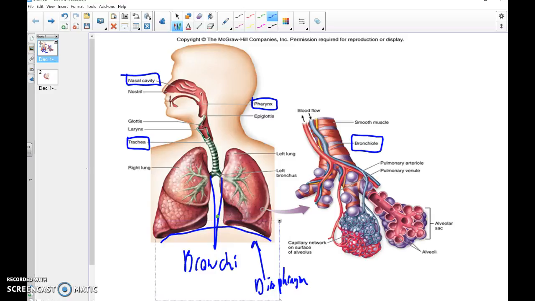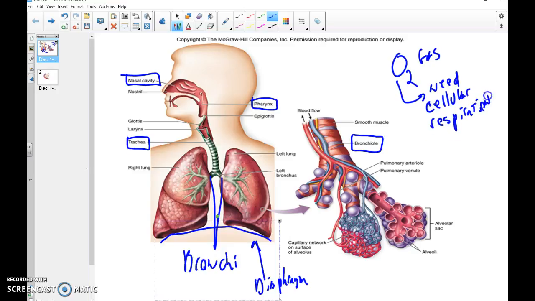Basically, it's just all about getting oxygen gas into your body because you need this for what's known as cellular respiration. When you combine oxygen gas with glucose, which you take in from your digestive system, and go through this process of cellular respiration with the required enzymes and stuff, that's how you generate energy in the form of the ATP molecule. So that's why you need the oxygen.